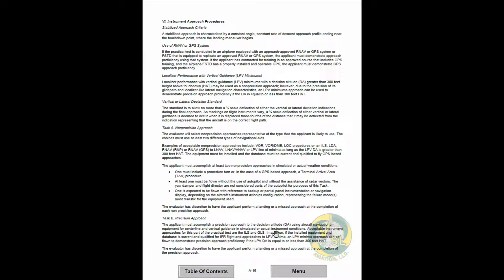The applicant must accomplish a precision approach to the decision altitude using aircraft navigational equipment for centerline and vertical guidance in simulated or actual conditions. Acceptable instrument approaches for this part of the practical test are the ILS and GLS. In addition, if installed, the equipment and database is current and qualified for IFR flight, and approaches to LPV minima approach can be flown to demonstrate precision approach proficiency if the LPV DA is equal to or less than 300 feet